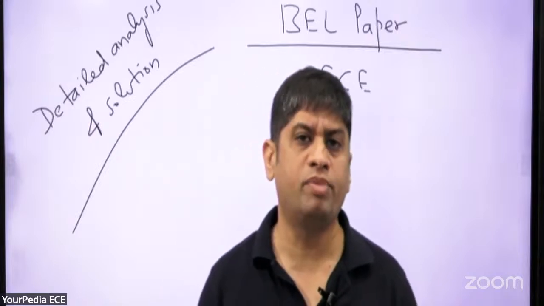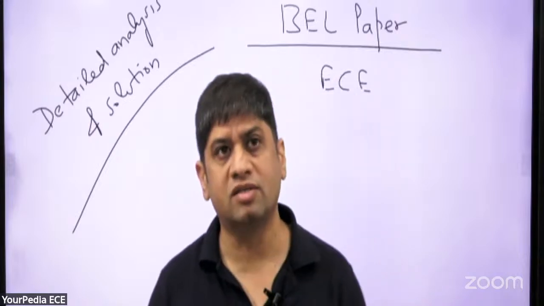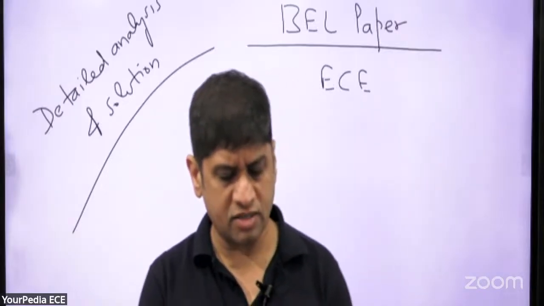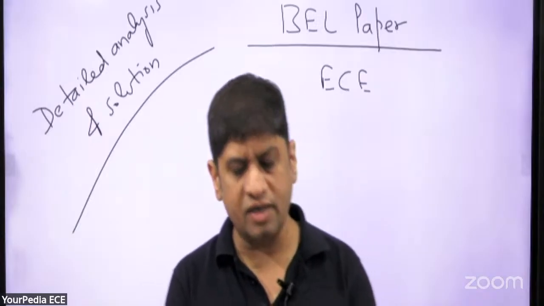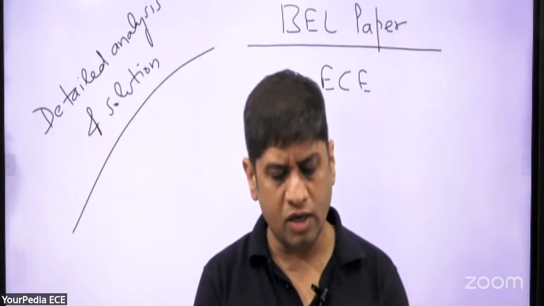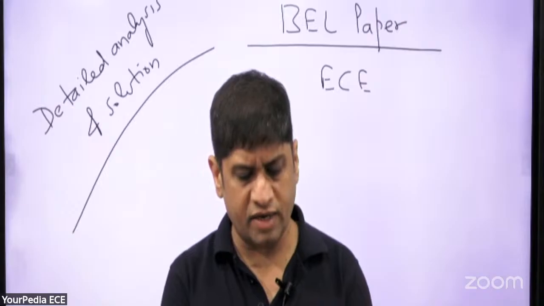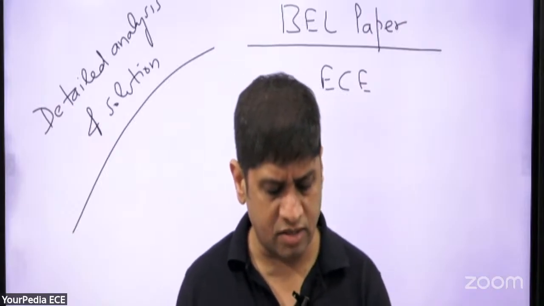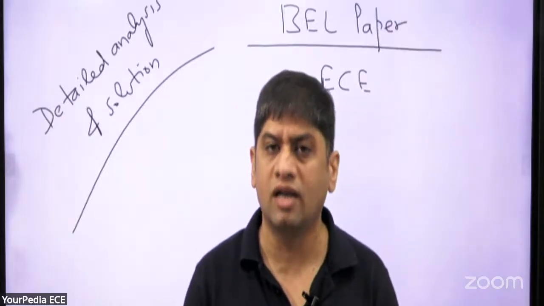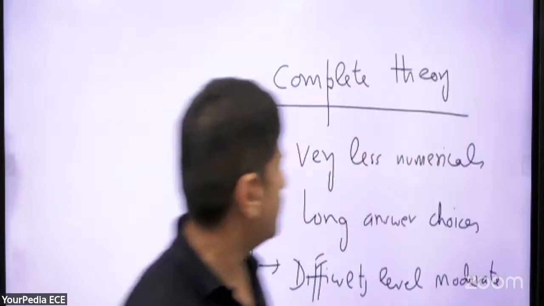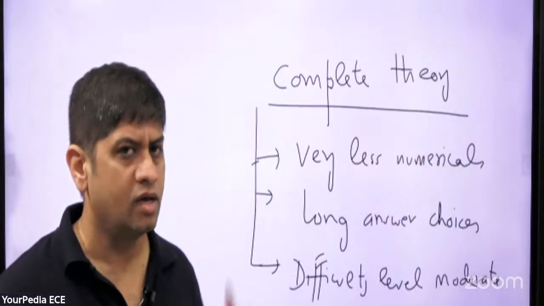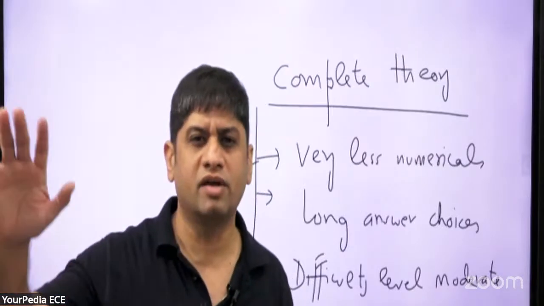The paper level of BEL was similar to previous years, like the last paper which was the reference for our mentors. So the difficulty level was similar to that. These are some of the inputs which we have got. As far as the cutoff is concerned, friends, I don't know how well the students were prepared this year, but the difficulty level was like last year only. So far, whatever inputs we have got, numericals were very few in this paper. The paper was simple, if at all you can call it; the maximum difficulty was moderate.